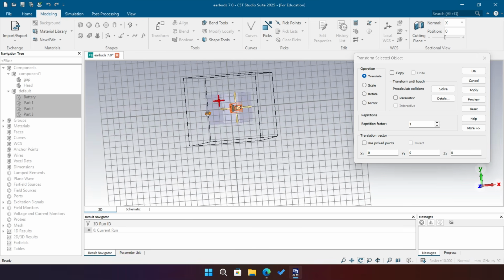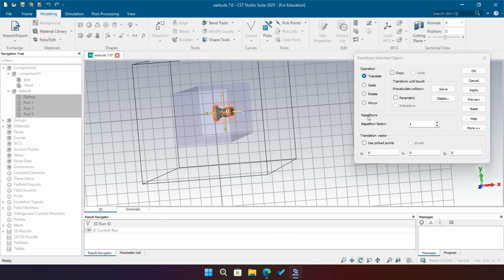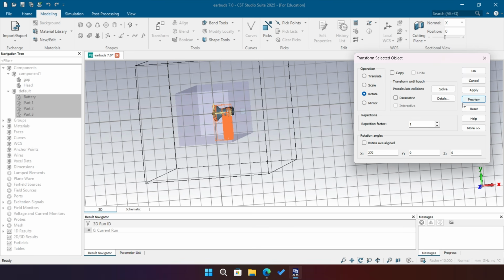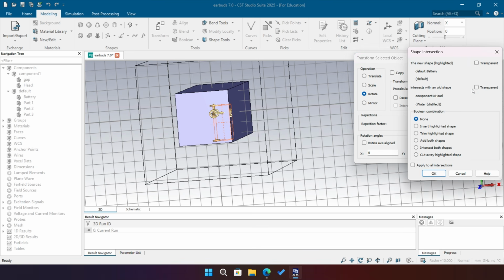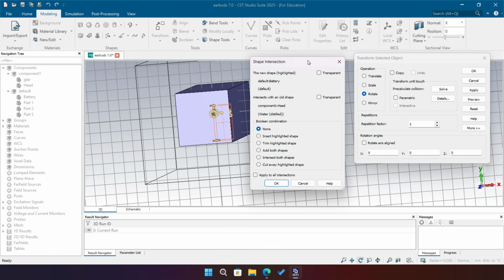Or first I want to twist or rotate it over the x-axis of 270 degrees. Can preview and hit apply. This pops up, and we don't need to add or subtract or do any Boolean combination